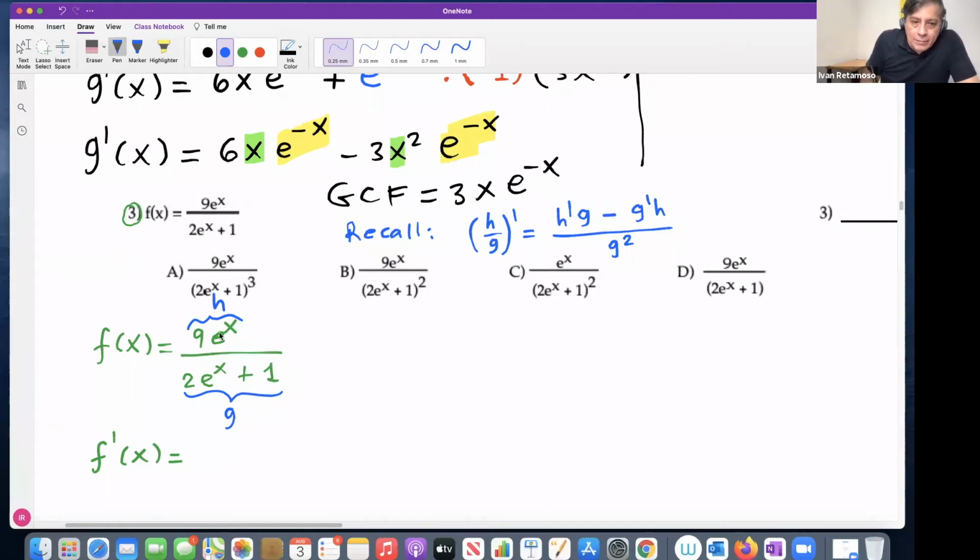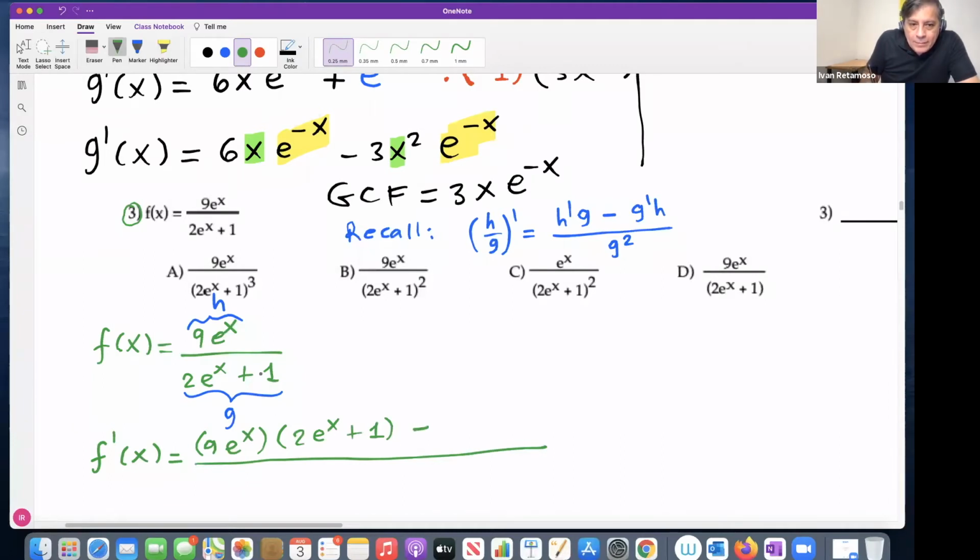All right, the derivative of the first function is what? 9 is a constant, comes out. And derivative of e to the x, remember e to the x, nicest function in calculus, is itself, e to the x. So this is the derivative of this. But that must be multiplied by the other function, which is this, right? For the other function, I'm gonna write 2e to the x plus 1 within parentheses, so we keep everything organized. This is this part. Minus,